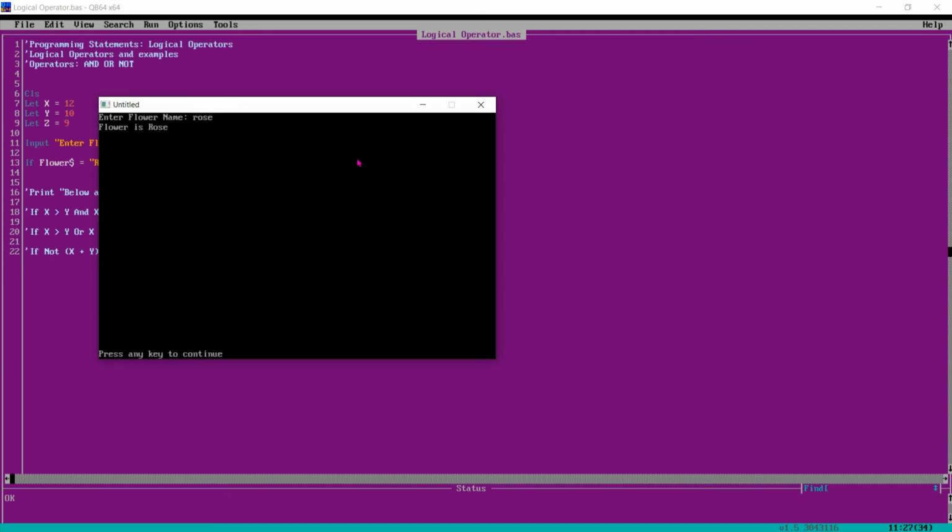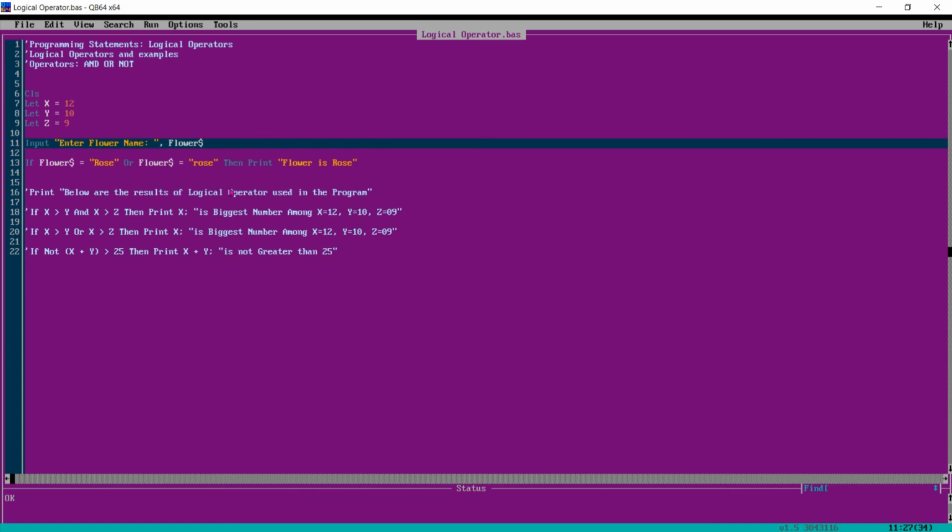So flower is rose. So in both conditions, whether we enter capital ROSE or small rose, it will print this statement. Okay. Hope this is clear.